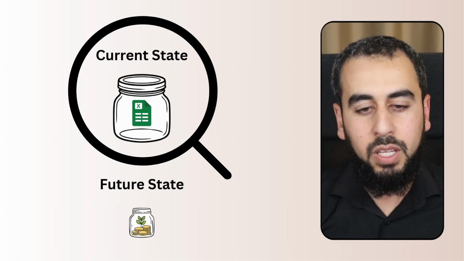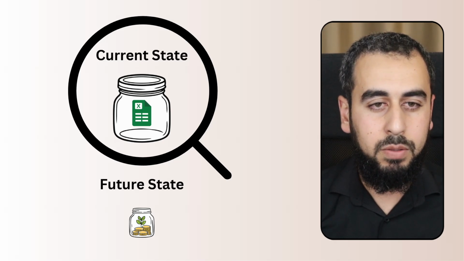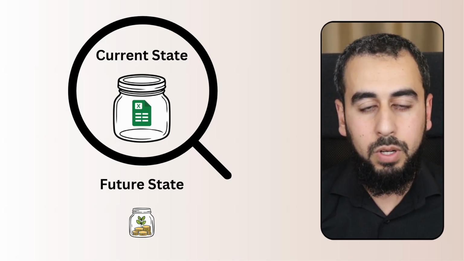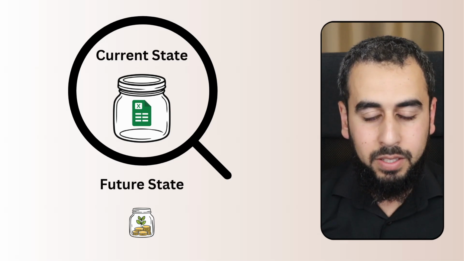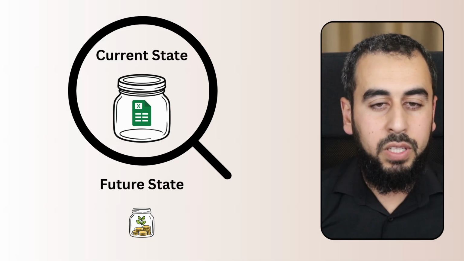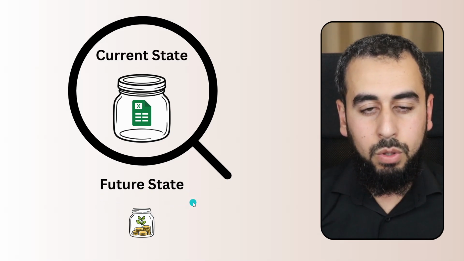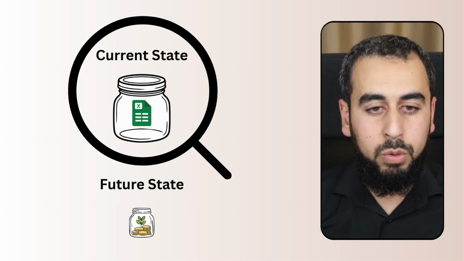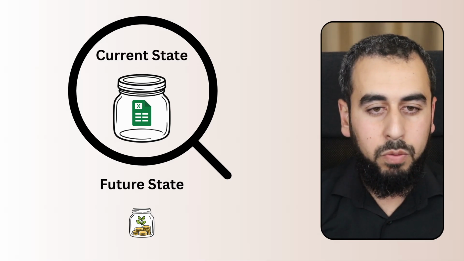It's probably a common theme between all of these problems, but we tend to focus, especially for small nonprofits, on the current state of things. And we just magnify this and we look at it and make it look bigger than it actually is, which is fine. But the problem is that we forget to look at the future state. So the question that we should be asking ourselves is, what should we do now? What could we do now in preparation for that future state? We are not going to remain small forever.